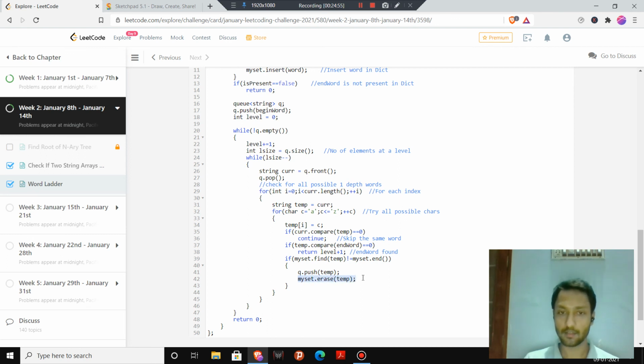Okay, and now it will start changing the second letter, then it will start changing the third letter, until the length of the word, and it will do it letter by letter, level by level.